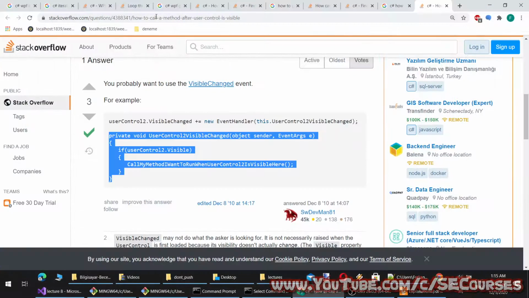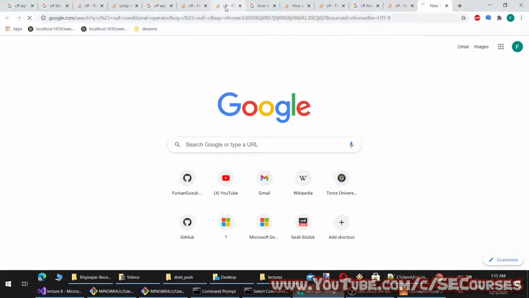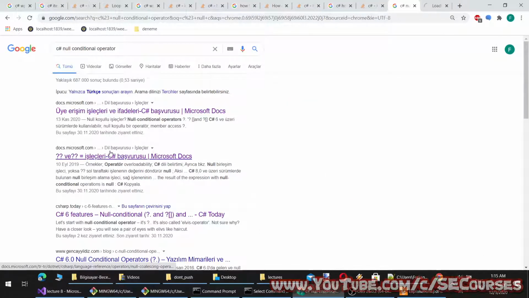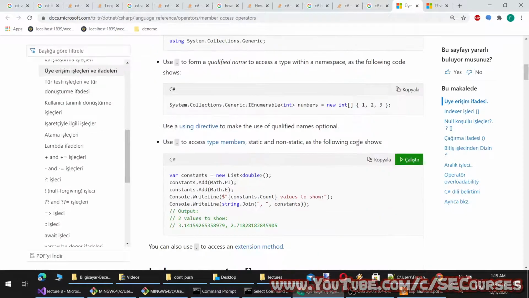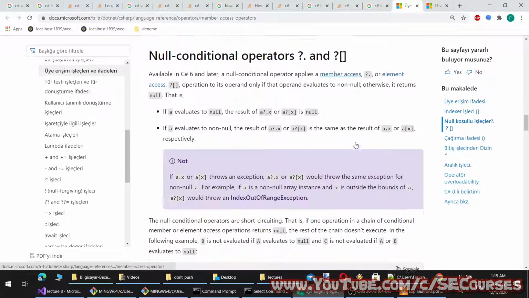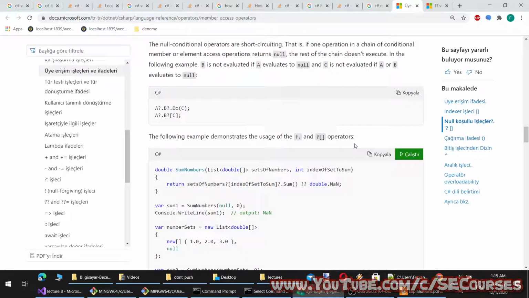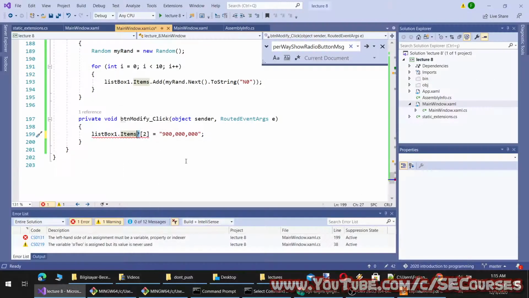We have seen the null check, but interesting.